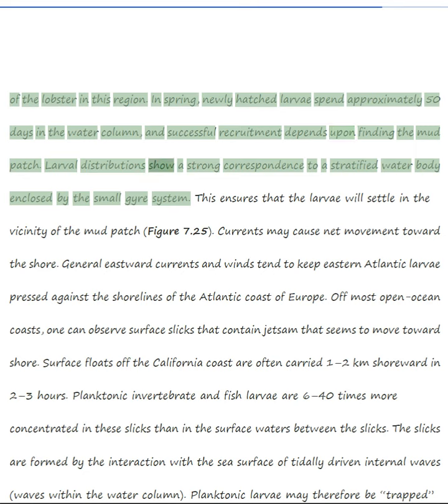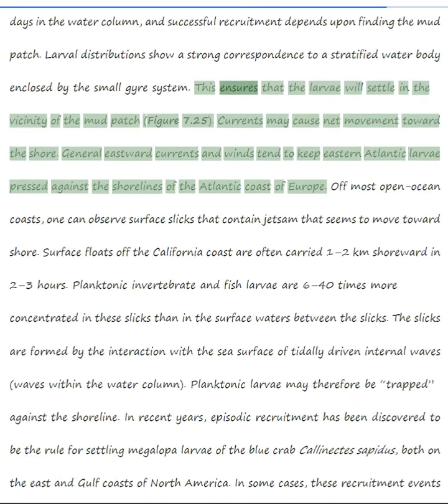Larval distributions show a strong correspondence to a stratified water body enclosed by the small gyre system. This ensures that the larvae will settle in the vicinity of the mud patch. Currents may cause net movement toward the shore. General eastward currents and winds tend to keep eastern Atlantic larvae pressed against the shorelines of the Atlantic coast of